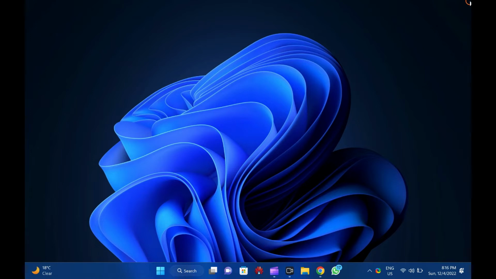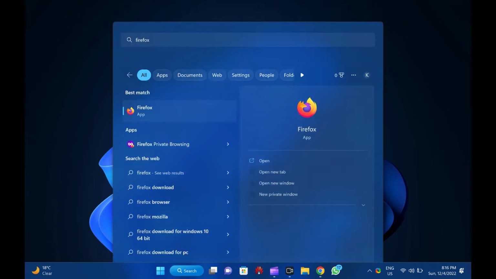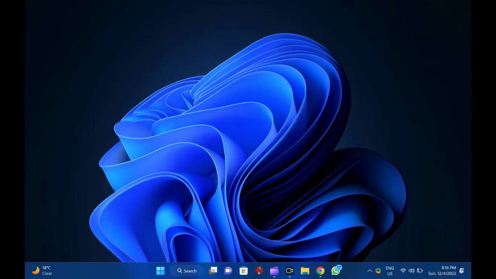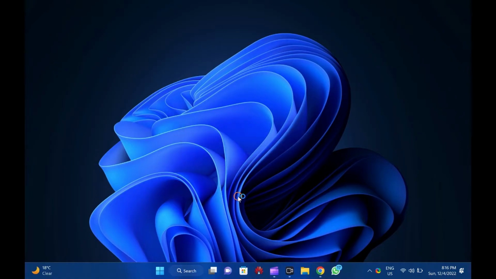By default, Mozilla Firefox uses the system's default theme. That means if you have enabled a dark theme in Windows 11 or 10, Firefox will also use dark mode. However, if you have set a light theme for your Windows, Firefox will use light mode. But, for some reason, if you want to manually enable dark or light mode in Firefox or any operating system, you can do it using built-in Firefox settings.